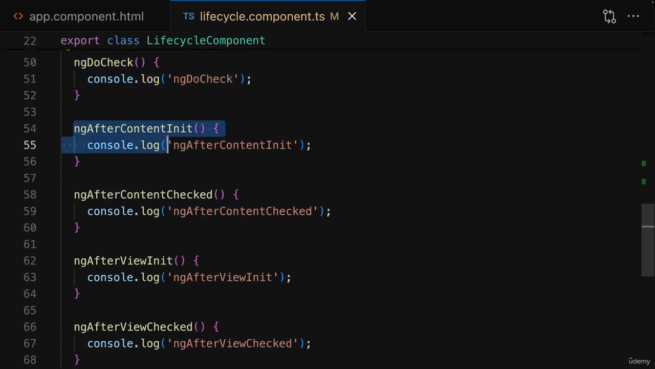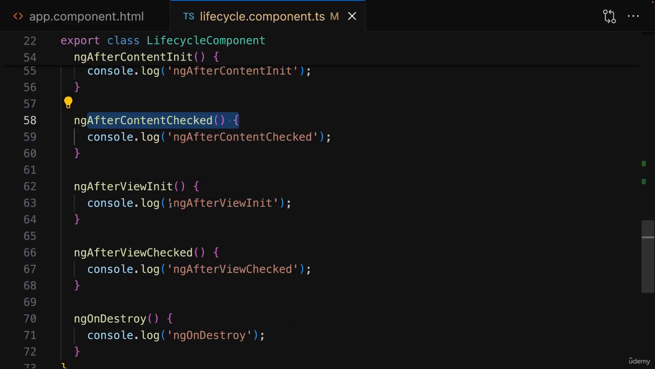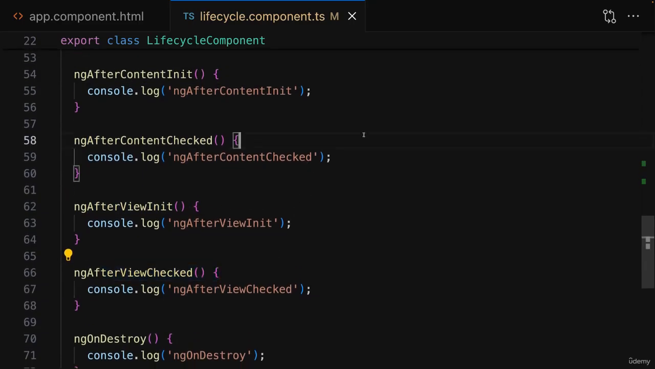And then we get these content init, content checked, and view init and view checked hook methods here. And what are those about? Well, first, it's important to understand what the difference between content and view is and how it relates to an Angular component. And let's